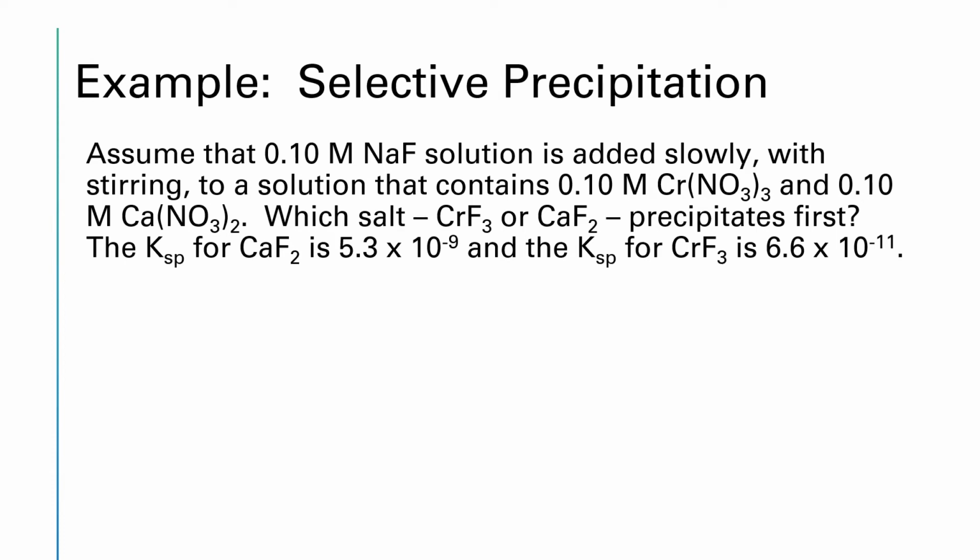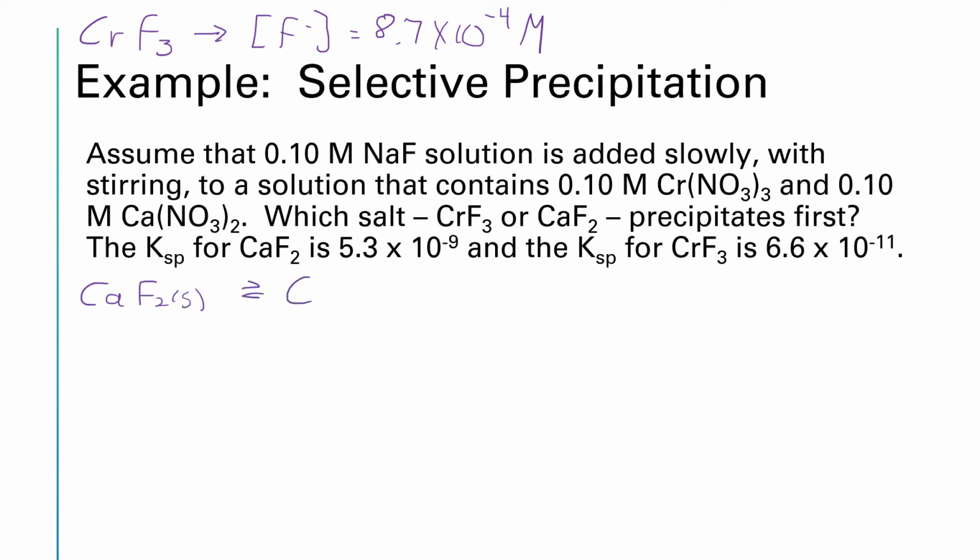All right, on the previous slide, we learned that chromium fluoride will precipitate when the concentration of fluoride ion is equal to 8.7 times 10 to the minus 4 molar. So let's find on this slide what it'll take for calcium fluoride to precipitate. So CaF2 solid in equilibrium with calcium ions, aqueous, plus 2 fluoride ions, aqueous, and our KSP expression will be